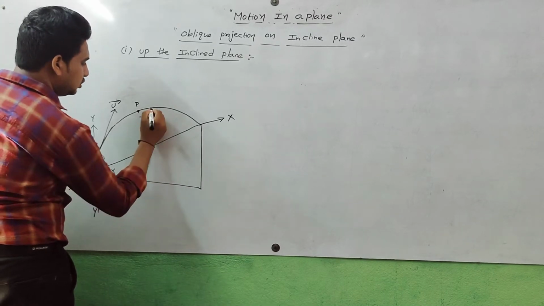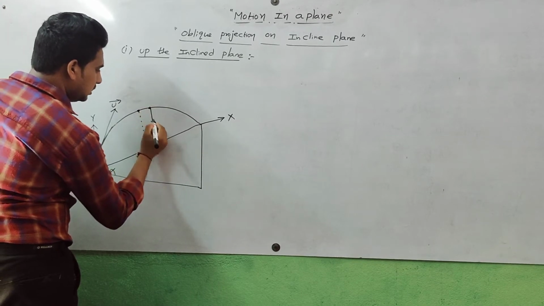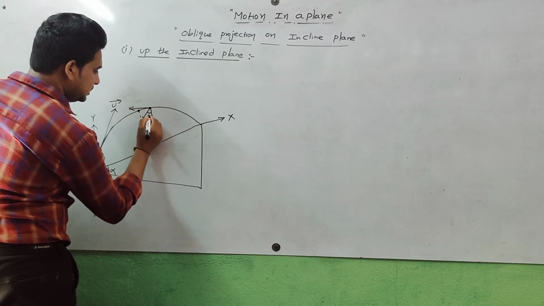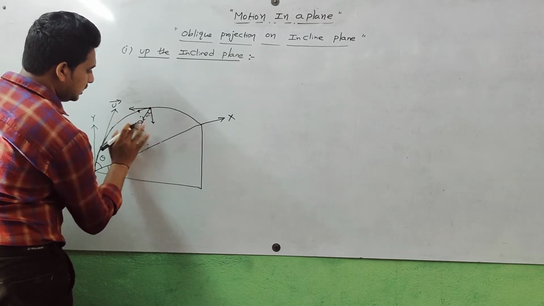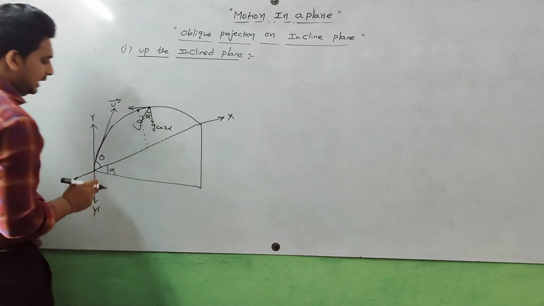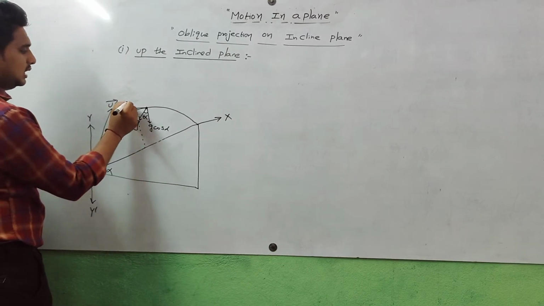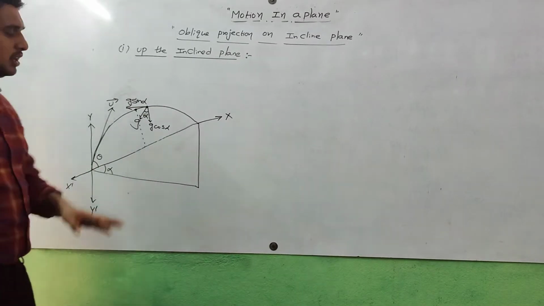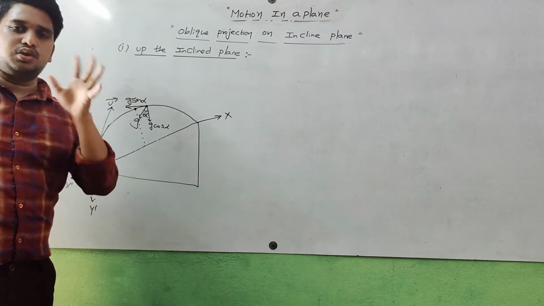It resolves into two components. Whether we consider it is g, it is g cos alpha, because the angle here is alpha, which means here also angle alpha. This is g cos alpha and this is g sin alpha. g is split into two components. For better understanding, please follow the previous lecture, and you will get a clear idea.